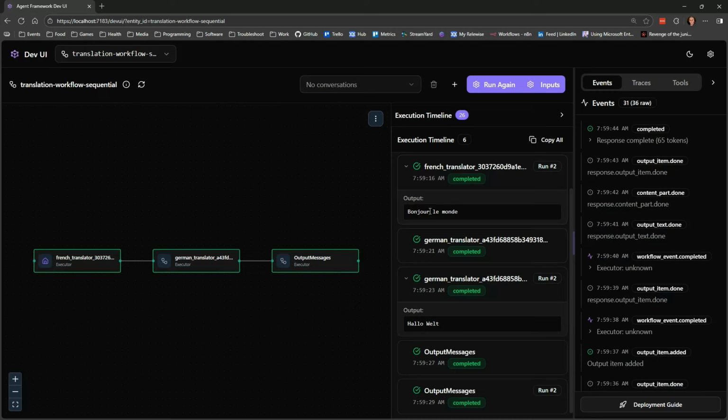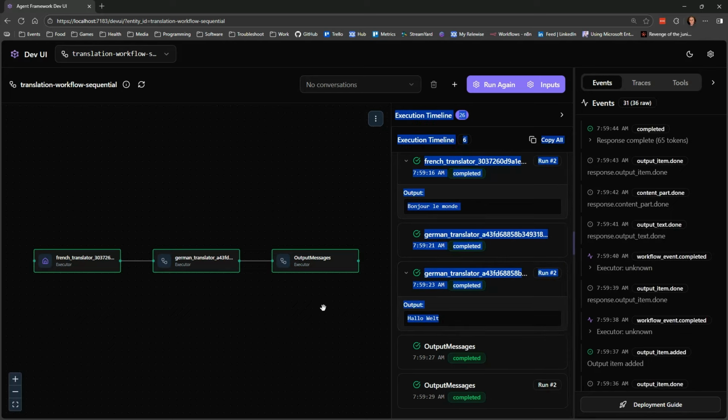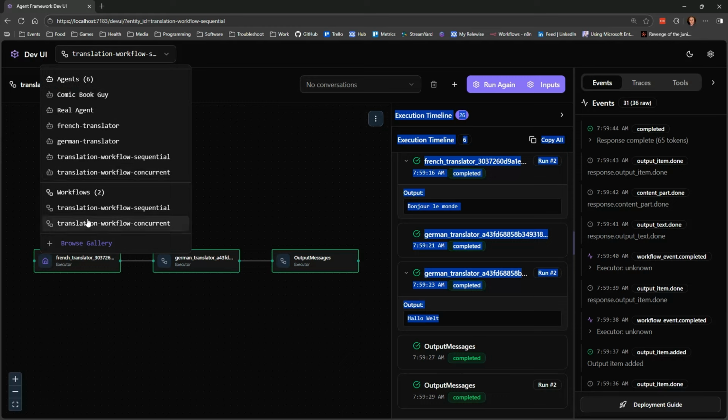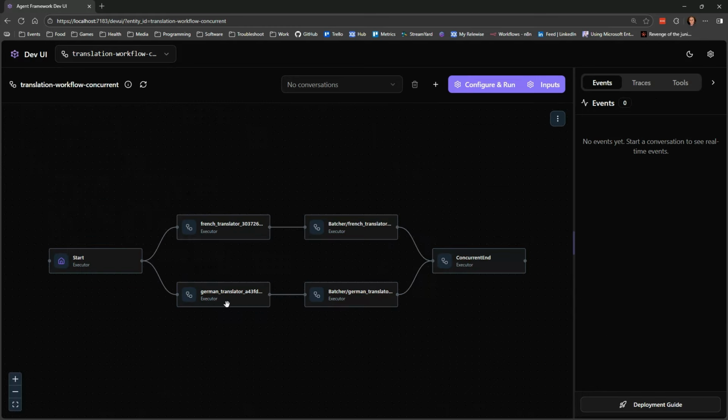But we see that it comes back and says hello world in the French one, and hello Welt in the German one. So this was a sequential where it just ran one at a time, while if we took a concurrent, this is actually how a concurrent looks in real life.